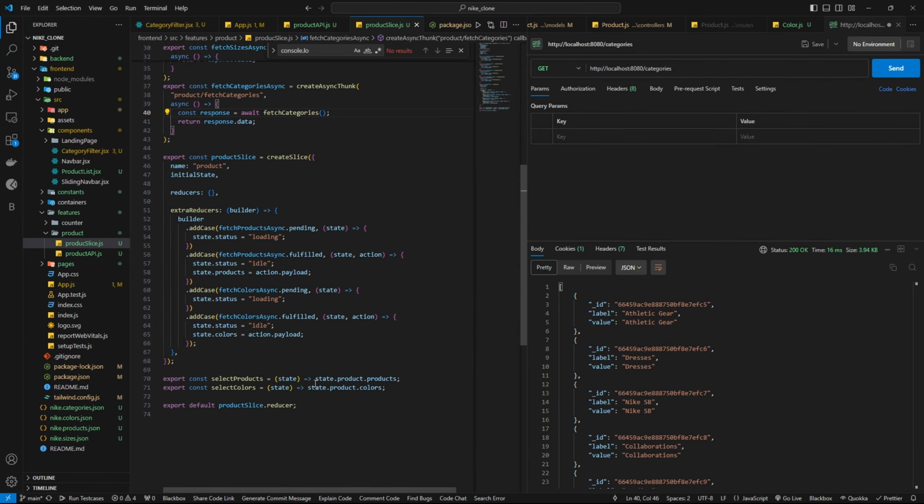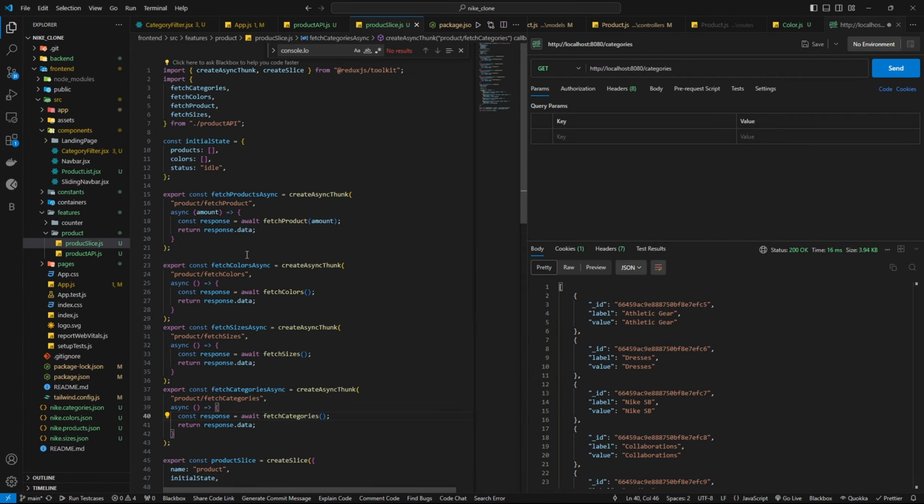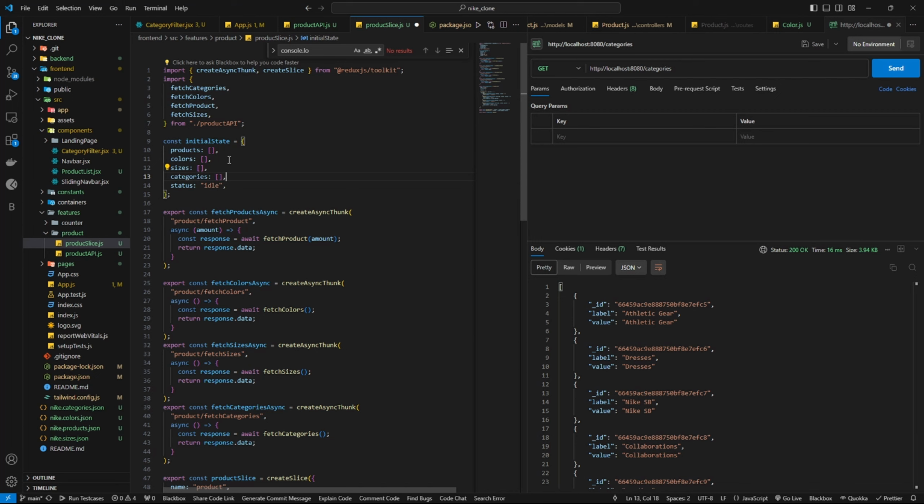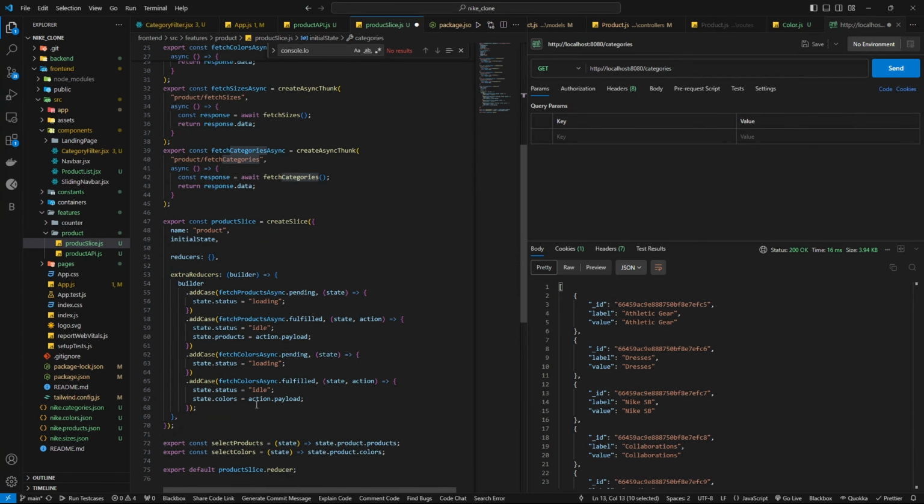Now we need to put it into a variable. So let's make two variables which will be two empty arrays, and the names will be sizes and categories. The data from the backend of sizes and categories are going to be stored in these variables. And after that, we need to set it. So just duplicate this and write fetch